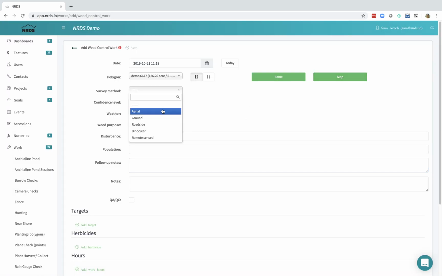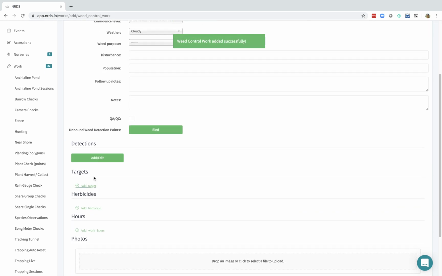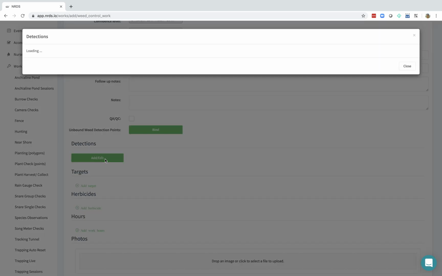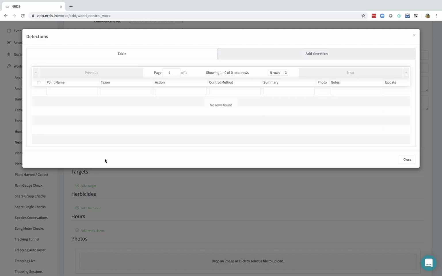I fill in the rest of my data, and you can see I can only enter targets and herbicides right now. But once I save, now I have the ability to add my detections. I have the option to bind, which is taking unbound points, so these are random, or not random, but points that people took for weed control, and aggregating them into my master weed control event, or I can just enter the numbers. So if I click Add Edit, it pops open this pop-up box, and I click the Add Detection